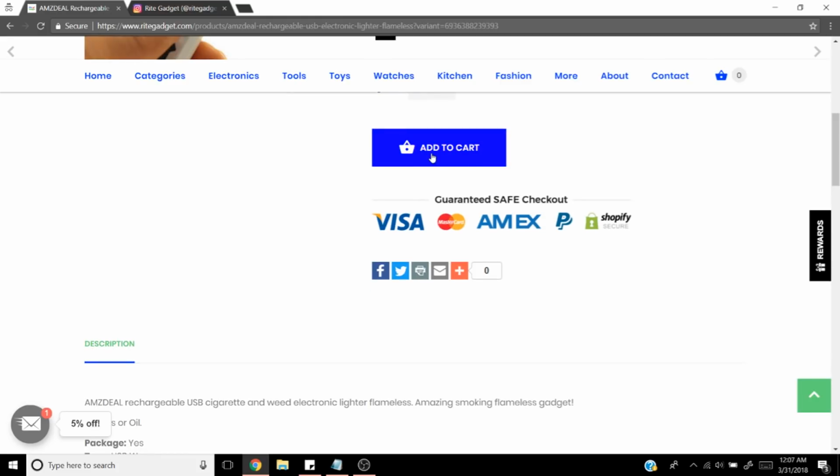Big green add to cart button with the icon right there. That's really nice. Guaranteed safe checkout. That's a really nice thing to have right there. Then, like I always say, it doesn't matter too much about the payment processors. Just make sure it's really known that you have a money back guarantee or a satisfaction guarantee. You offer free shipping, all that nice stuff, free returns, easy returns, all that.